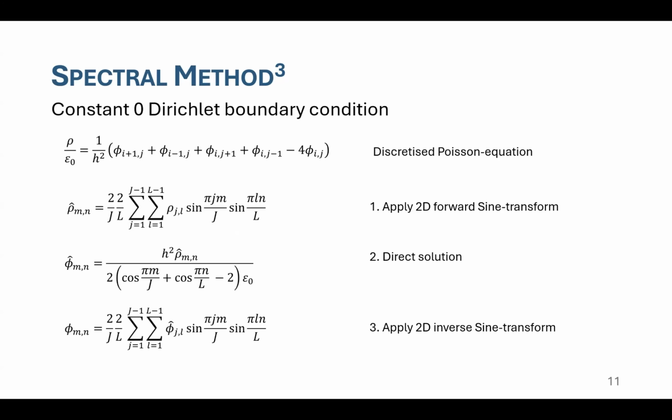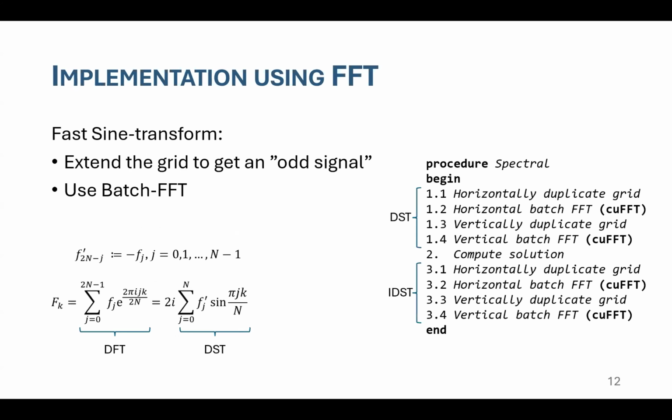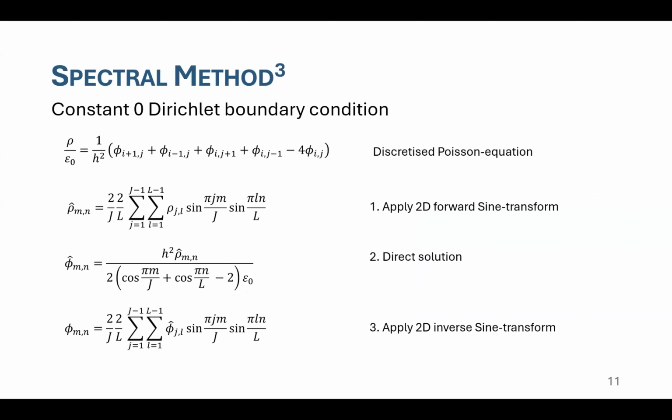The original implementation used a sine transform-based spectral method, and I'll spare you the boredom of these formulas. The main idea is that if we transform the entire grid to the sine transform domain, the entire solution step is going to be a single operation, which is really good. But how do we get to the sine transform domain? Well, we can do the order n squared runtime naive approach, or we can use